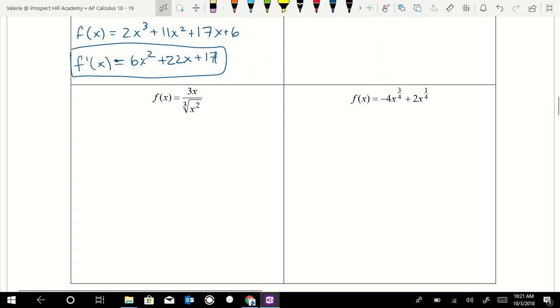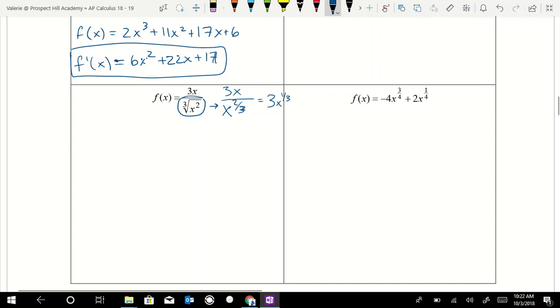So the cubed root of x squared can be rewritten as x to the 2/3, and then we have 3x on top, and we can simplify this even more to just being 3x to the 1/3,